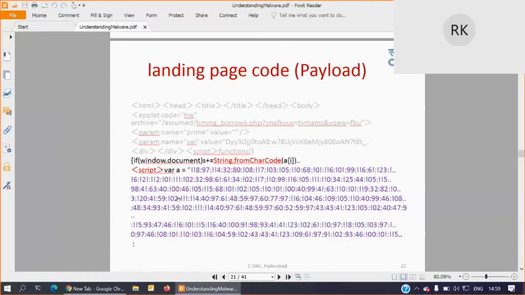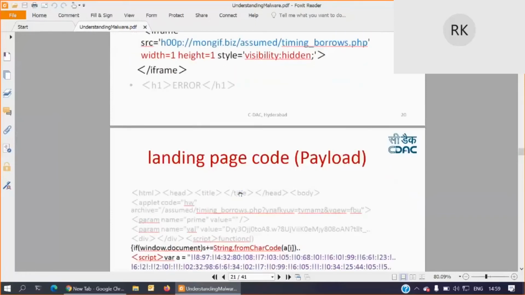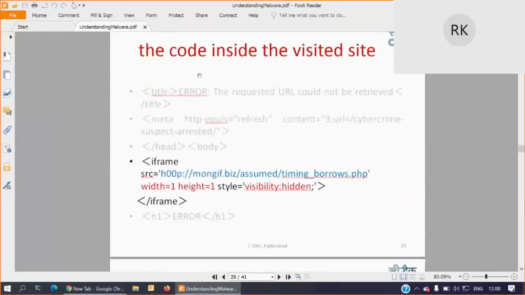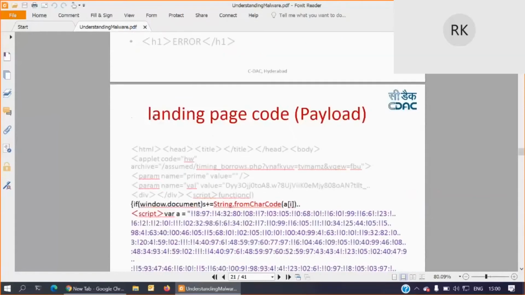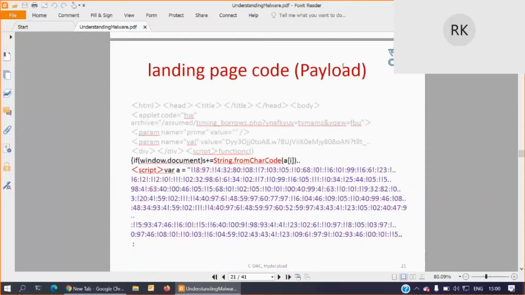So like this, web pages will be infected. We will not know about all these infections. Why? Because we will be looking only at the front page, where all these properties are hidden. So this is one typical example of how they can hide things in web pages, and how they can download the malware exploit and all.